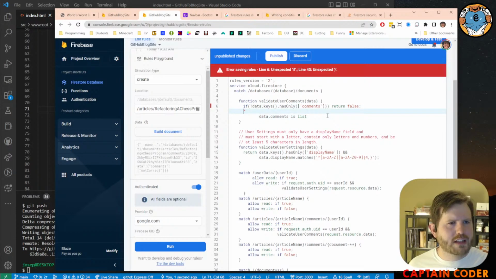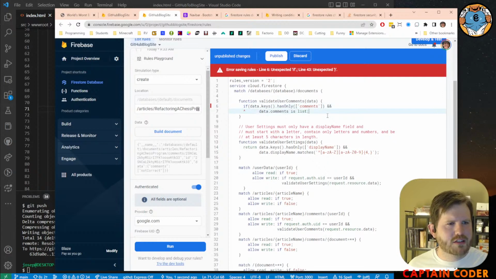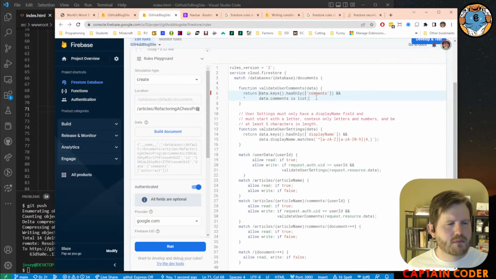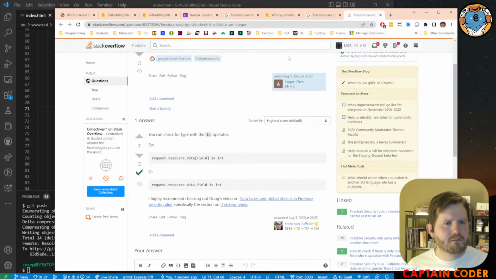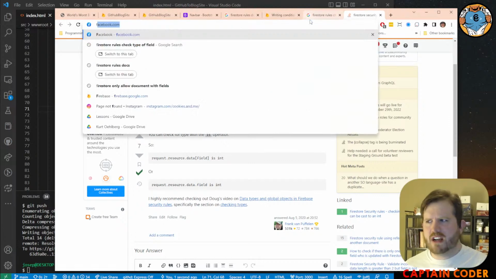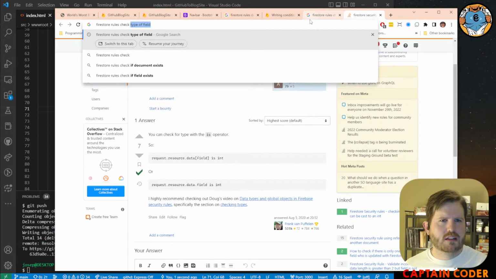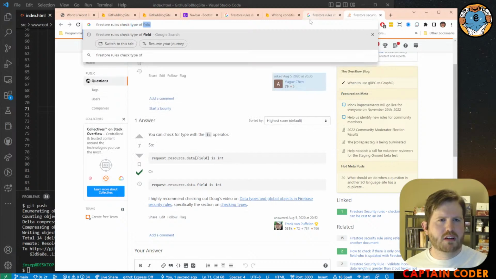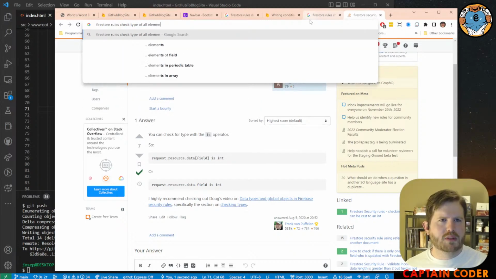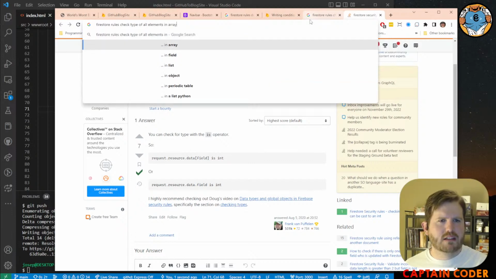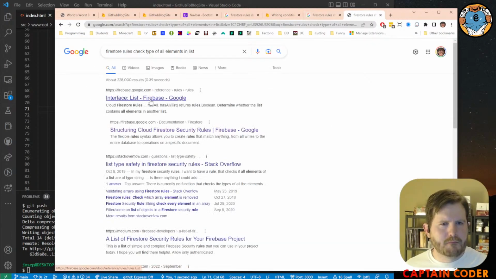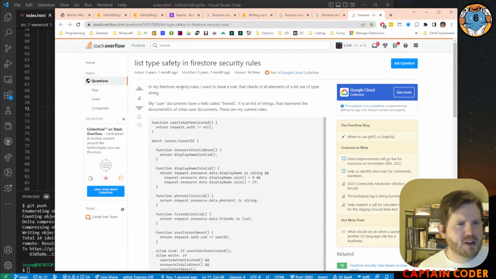Okay, so maybe I can't do ifs and I gotta do... all right, so Firestore rules check type of all elements in list. In my Firestore, I want to have a rule that checks if all elements of a list are of type